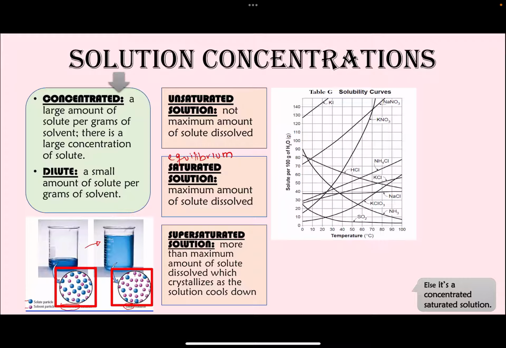So if we try to understand this concept a little bit more using table G. As you can see, table G gives us the solubility curves of different substances. So what the solubility curve means is that at a given temperature, how much solute do you need of any substance to make a saturated solution? So the lines that you see, and by the way, this is a temperature versus the solute per 100 grams of water graph. So please pay attention to the 100 grams of water, because remember that